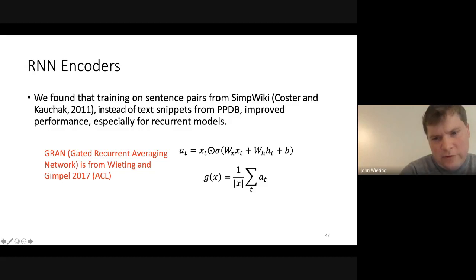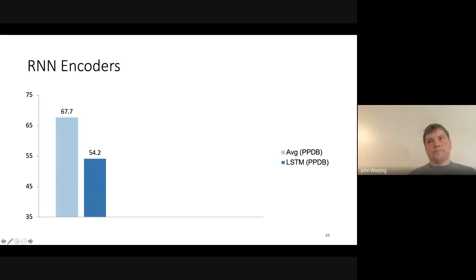And we also experimented with recurrent networks that we tried to make as close to averaging as possible. So essentially we had this gated recurrent averaging network, which is essentially averaging, except you have a gate that's conditioned on the past. That's the sequence in the sigma symbol. And that controls what aspects of the word embedding are included in the average. So we just tried to start slow. If we use sentences, is that different? How did these networks that we tried to get very close to averaging perform?